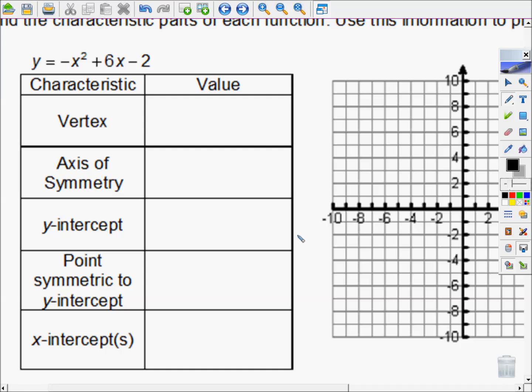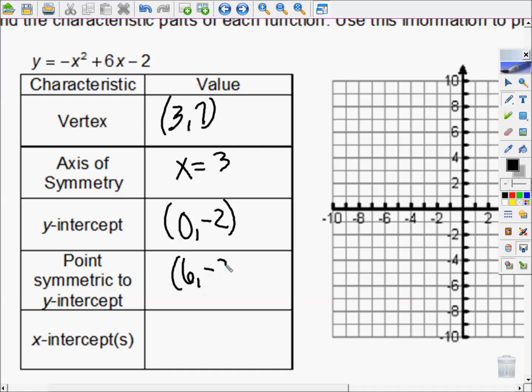All right. The answers should be: the vertex is at 3, 7. The axis of symmetry equals 3. Your y-intercept is at 0, -2. The point symmetrical to it is 6, -2. And your x-intercepts should have been at